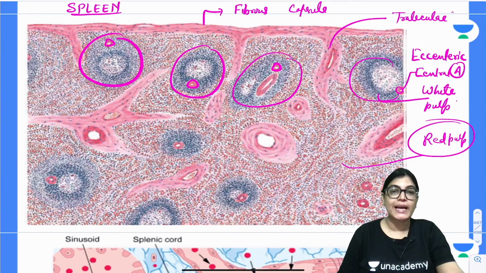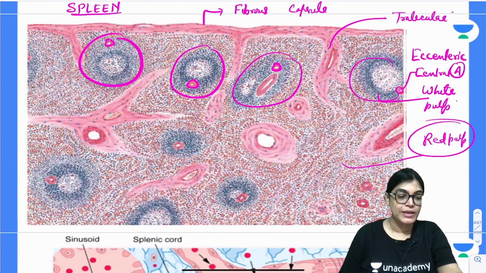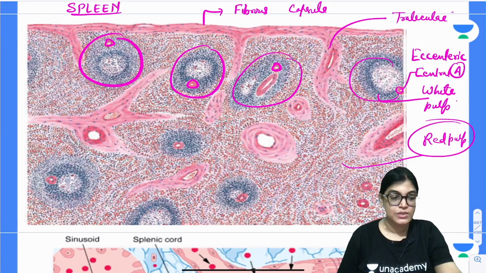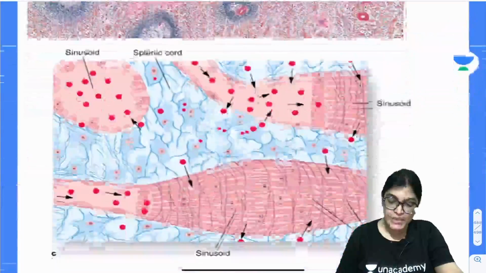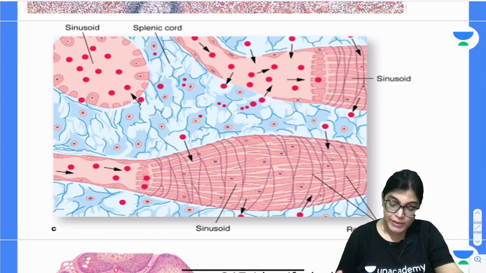Very nicely you can see the lymphatic aggregation having the central artery at the eccentric position. This is the characteristic point for the identification of the slide of spleen, which is quite evident here. Is it okay? So my dear aspirants, I would also like to show you the diagram of splenic cord of